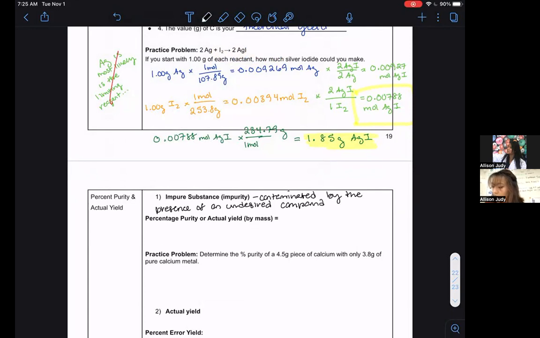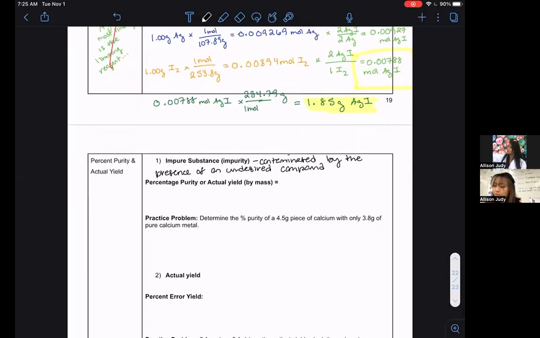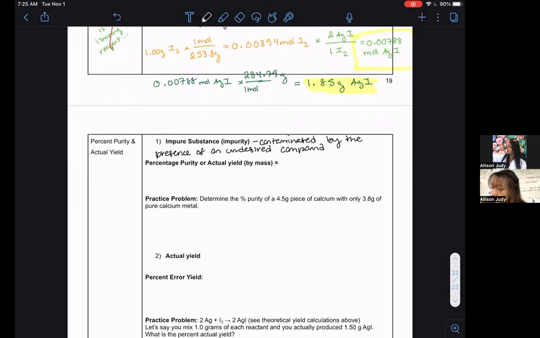Okay. So what we can do is we can actually calculate the percent purity by mass. What we say is that, oops, I think I meant to delete that. Not actual yield. We have a different calculation for actual yield below. Well, I guess it is kind of the actual yield. Just kidding. I'll keep it, because the actual yield is how much you actually got of the product, which would be a good indicator of how pure it is in the first place. So actually, I'll keep that. So percent purity, or if you want to think about it in terms of actual yield